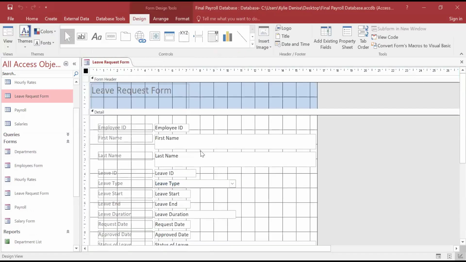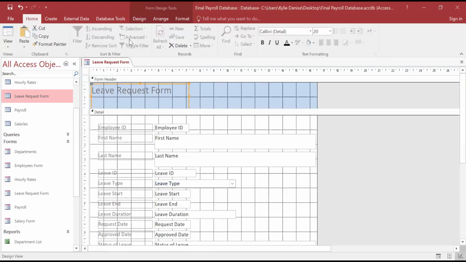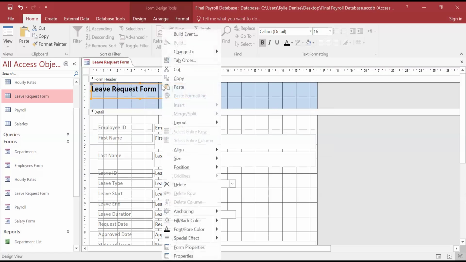If you want to change the design, for this one we'll make it a bit smaller, to make it 16. I'll just put a little effect.